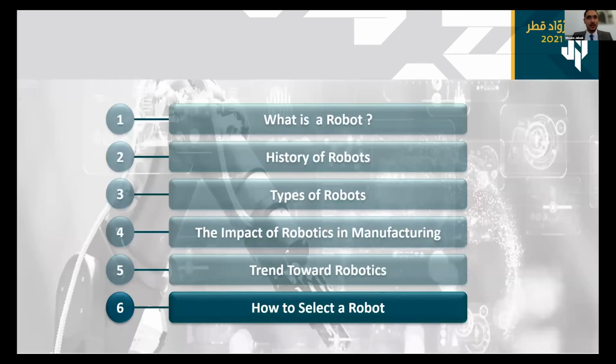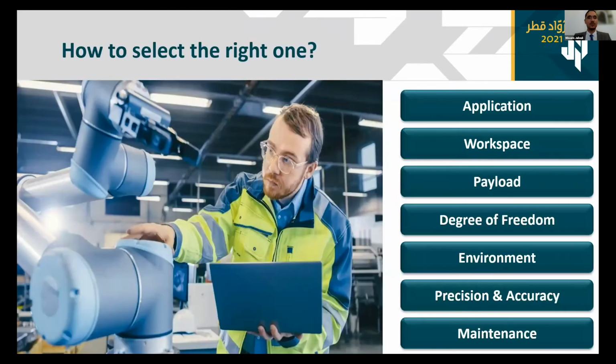So basically, that's it for today. I'll try to give you some small tips on how to select a robot and the common factors you need to take into consideration when you are trying to choose robots for your industry. First of all, when approaching an investment in robotics, we should consider all aspects of an application prior to making a final selection.